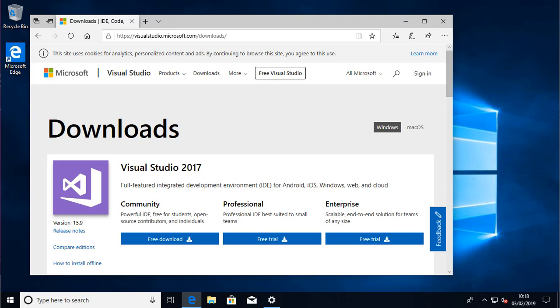Okay, so I've gone to visualstudio.microsoft.com/downloads. There we go. And my browser is there, and I've found Visual Studio 2017, which is splendid, and I'll have this finished just in time for it to all be out of date. But there you go. Hit the free download for the community edition,